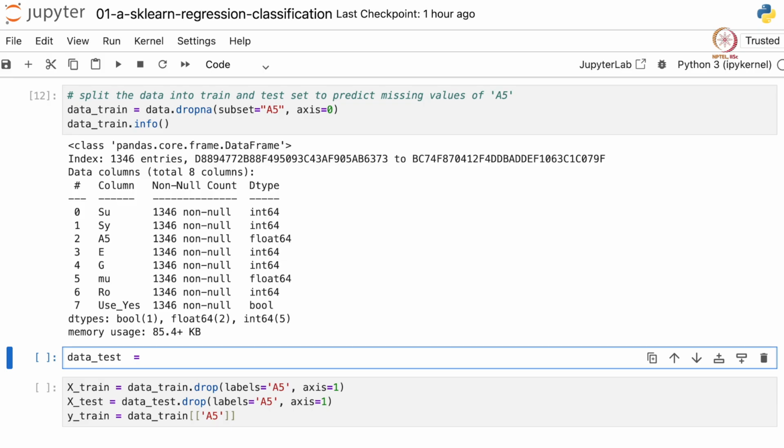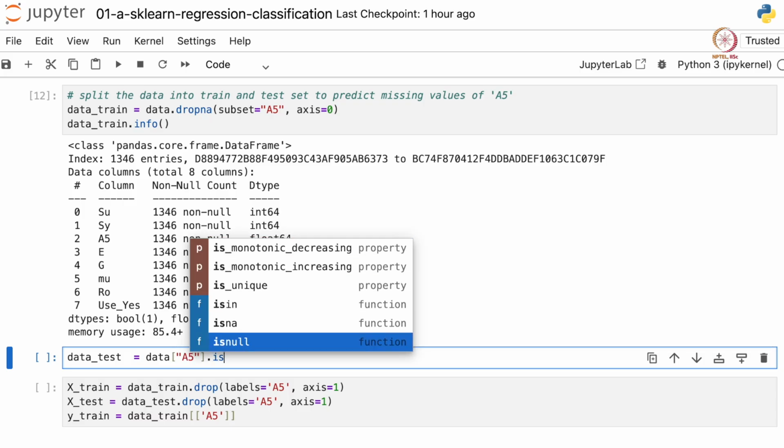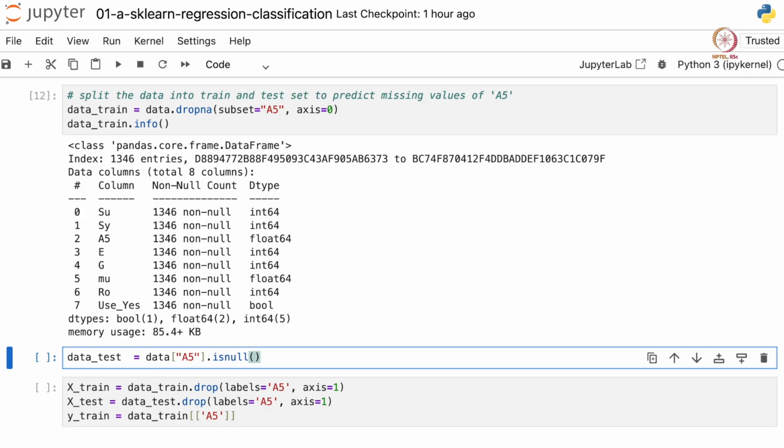we use data dot, so let's obtain the A5 series and apply the isnull function. Let's see what this gives.